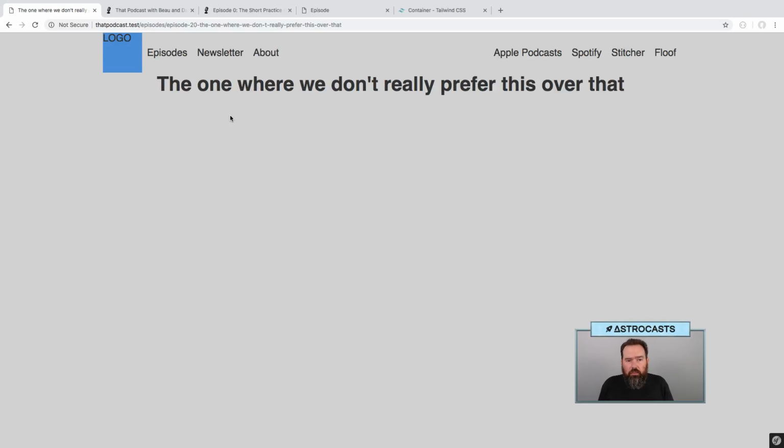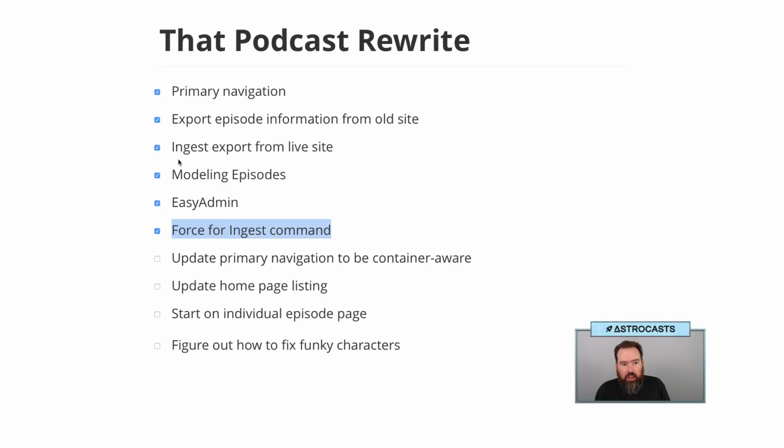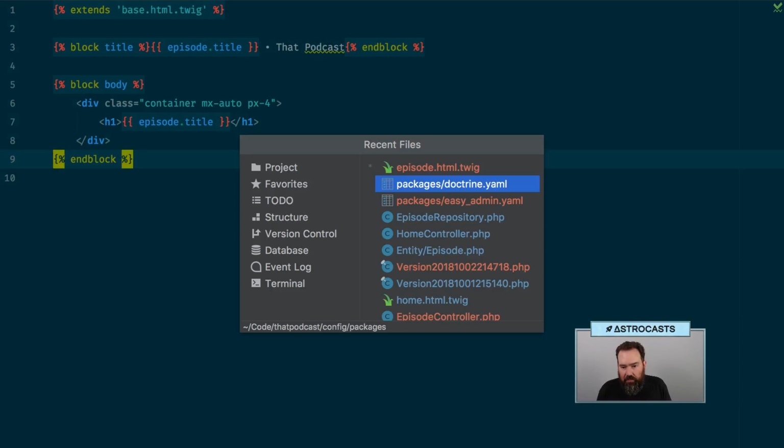There we go. This was something I ran into with a different site on another one of these sessions. If you look, the container that comes with Tailwind out of the box is using things based on pixel width. It's doing things based on the viewport or the breakpoint, based on actual pixels. The problem is that what we had already done for the navigation, and the reason I have to update the primary navigation to use containers instead, is that what we had done initially was base everything off of the responsive